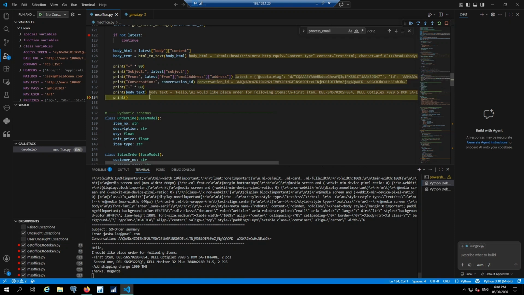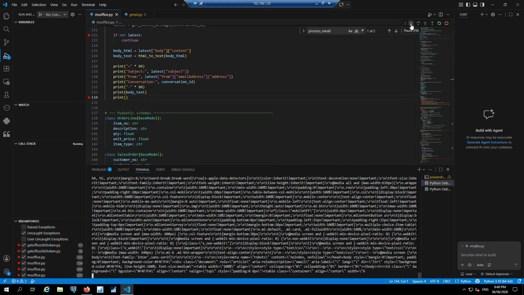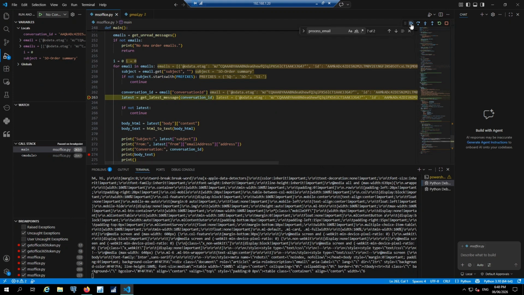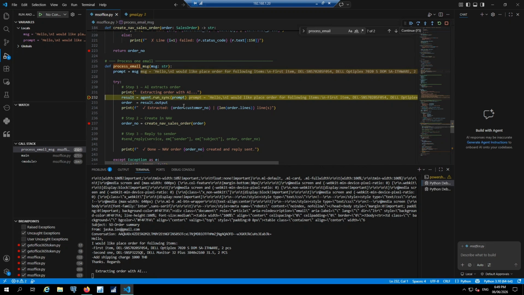As you can see, the email content has been retrieved, and then it's going to invoke the agent, and this line of code will take this email content and treat it as a prompt message and send it to the AI server, and then the AI server is going to return the order information from the email content,